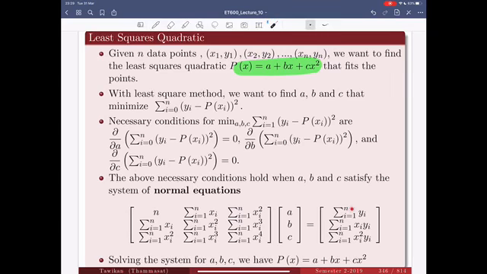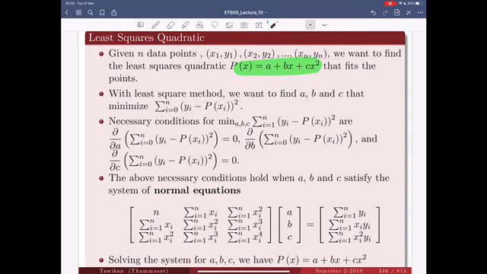On the right hand side, not only do you need summation of yi and summation of the product of xi and yi, you also need the summation of xi squared times yi. So your table is going to be larger than in the case where you used a linear function to approximate your data. And we're going to see some examples